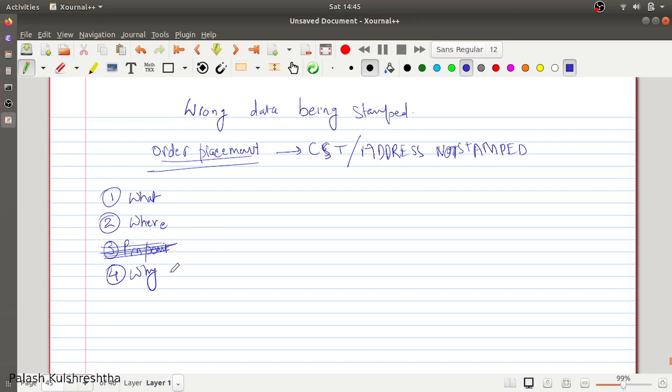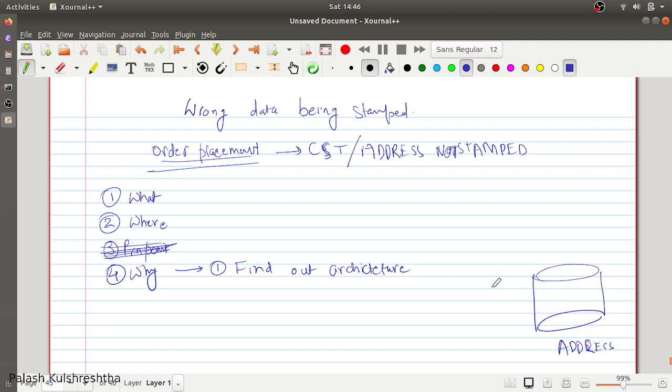Point 4 is why. For that you have to find out the architecture of the application. For example, you have to find out all the flows. So you know where the address table is.